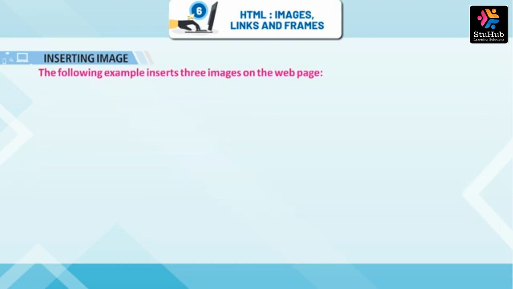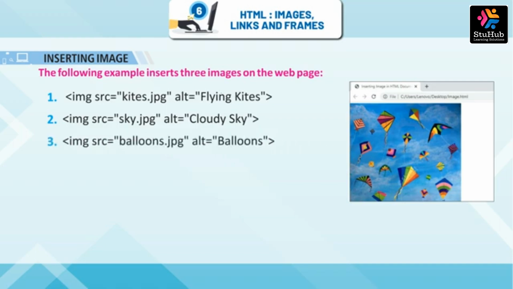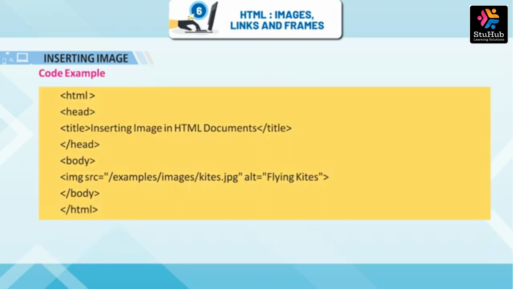some_text. The following example inserts 3 images on the web page. img src equals kites.jpg, alt equals flying kites. img src equals sky.jpg, alt equals cloudy sky. img src equals balloons.jpg, alt equals balloons. Code example: